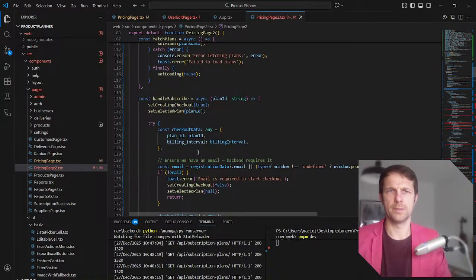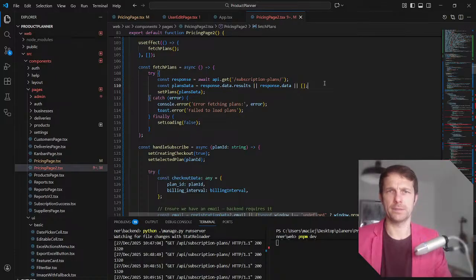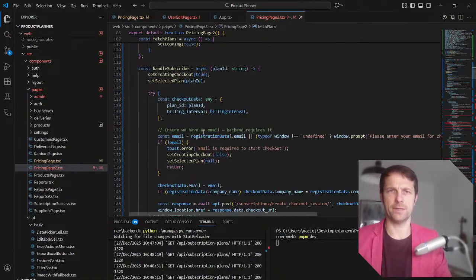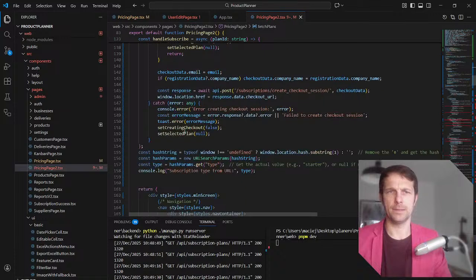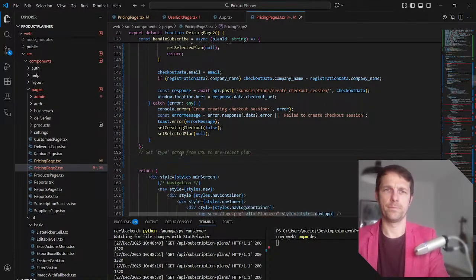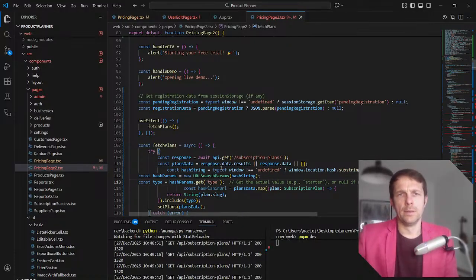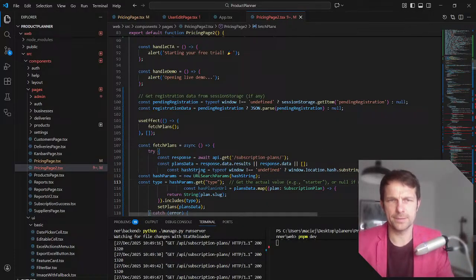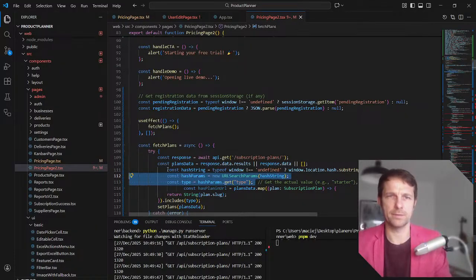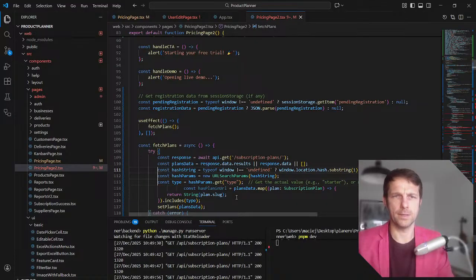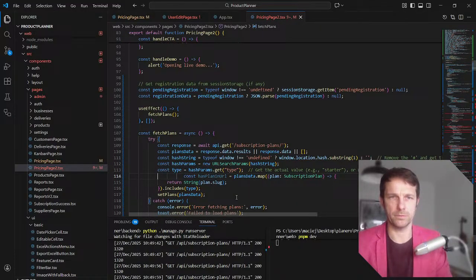Where is it? Here, yes. Okay, so I want this here. That's fine. And the type is here. Yeah, good. Hash string. This is ugly. Let's just have it wherever. Solve the problem actually. And I remember times when I would have to write even more code to do that. So I'm still happy with React.